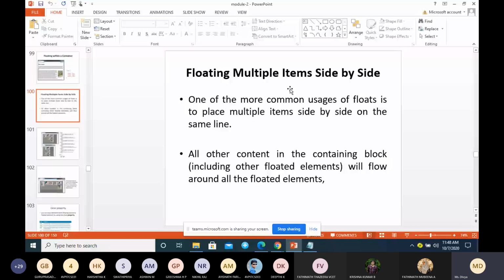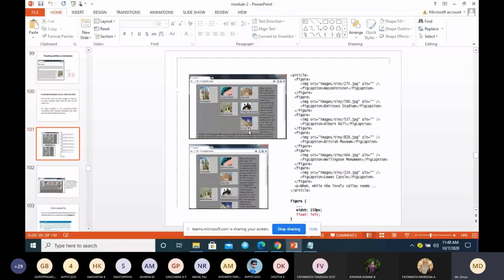How we can use float where you have multiple images that are side by side. See here how many paragraphs I have, how many images I have. I have here 1, 2, 3, 4, 5, 6 images. As you can see in this diagram, there are 6 images.